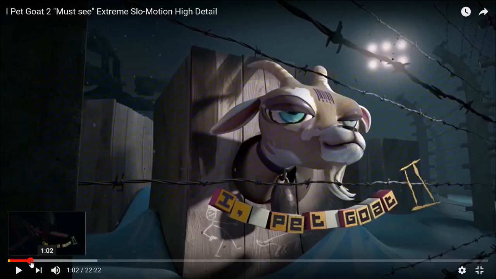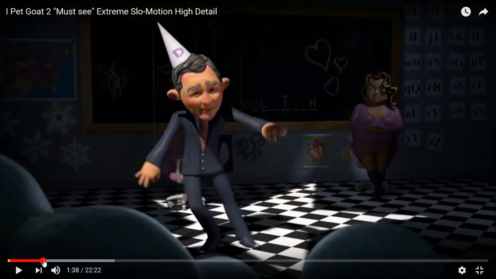I want to jump to the next scene, which is in the classroom. What I want to point out before I start playing the video anymore is the 0 on the wall. Considering we haven't got the A, B, C or D, the 0 actually becomes the 11th letter of the alphabet on this wall, and the Z, I believe, just represents the end, or beginning at the end, or the actual end. I don't know, but it's curious to me that we've got 11, 11, 11 in the beginning of the video,